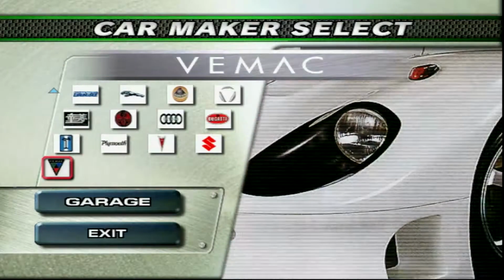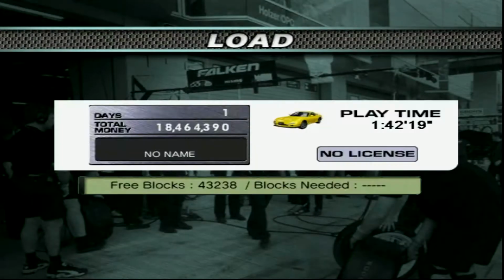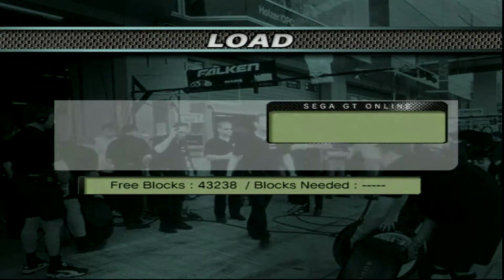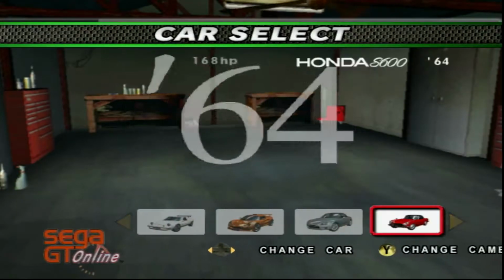And because, like I said, this is a bit of a special modded edition of Sega GT Online, thank you to GTP Zen, or just Zen. It's not fully complete, and when it comes out, I'll probably do a showcase on it, but,